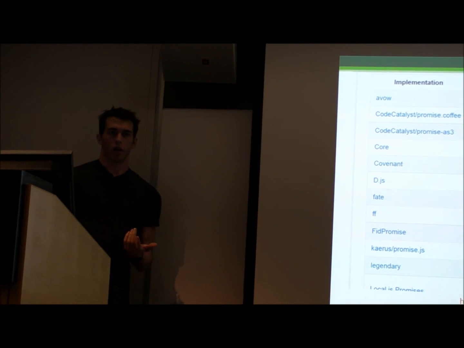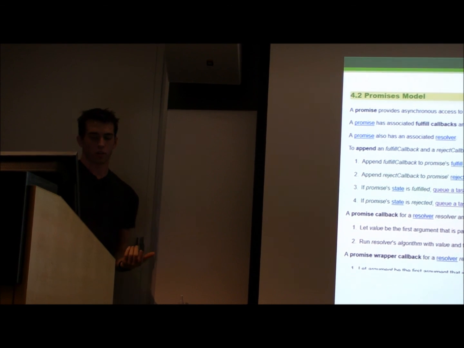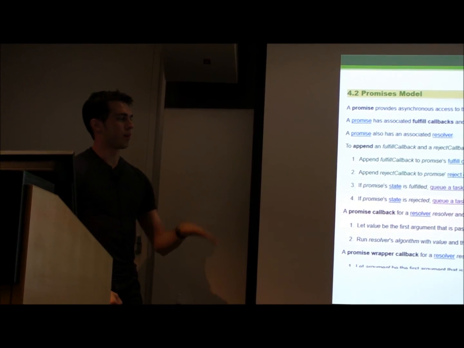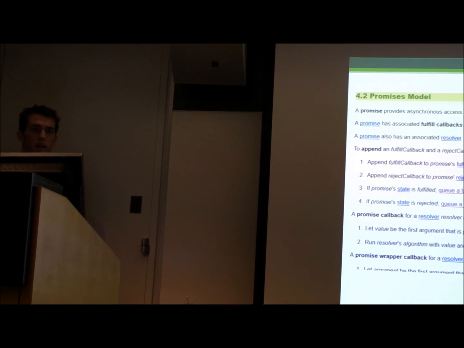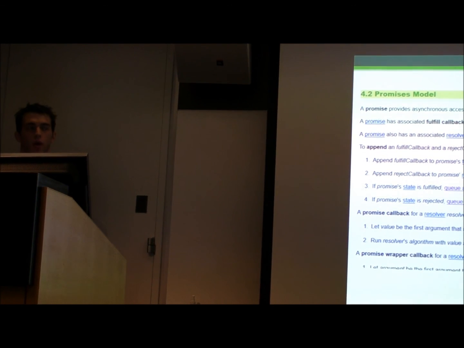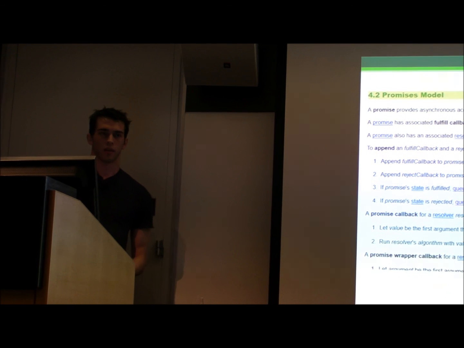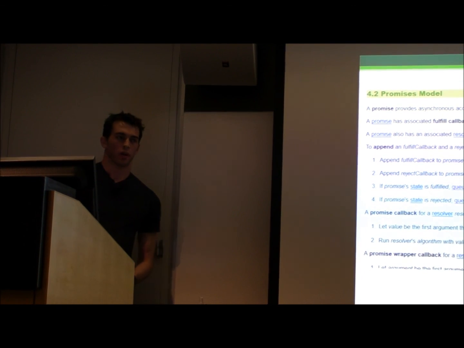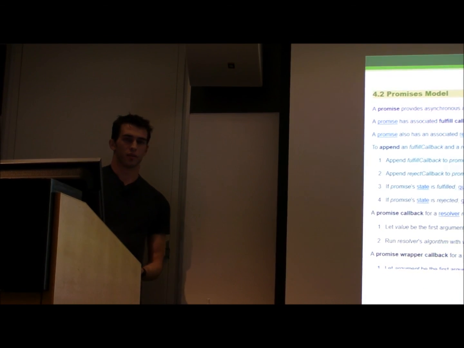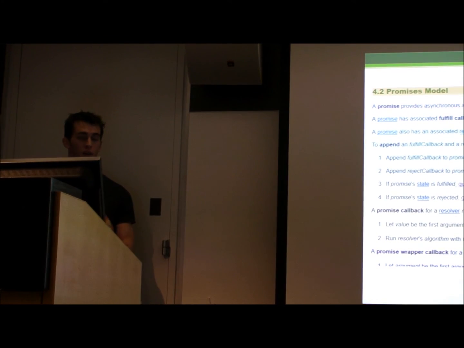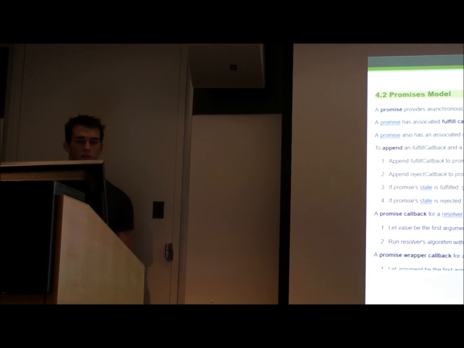So they got in touch, and we worked out how we can fix this situation. Well, this is actually a screenshot of the DOM spec, dom.spec.whatwg.org, where they have standardized promises as part of the document object model in web browsers. And they have just shipped, over the last three weeks, in Blink, which is Chrome and Opera, and in Firefox. So these things are actually now part of the official WHATWG standard, and they're shipping in browsers.